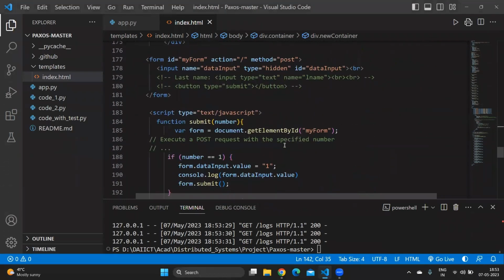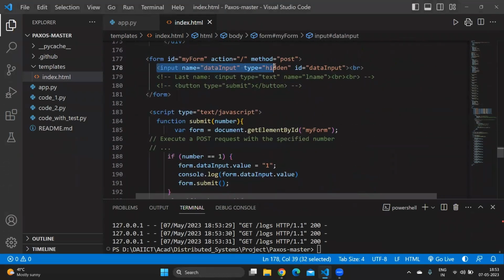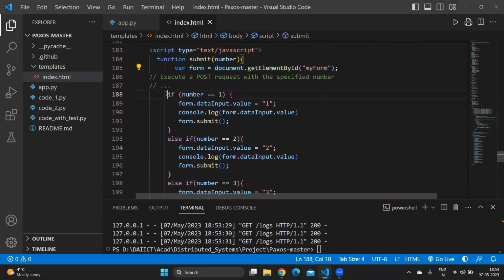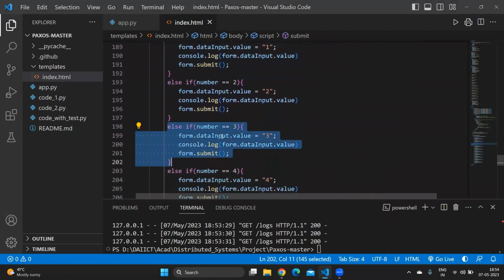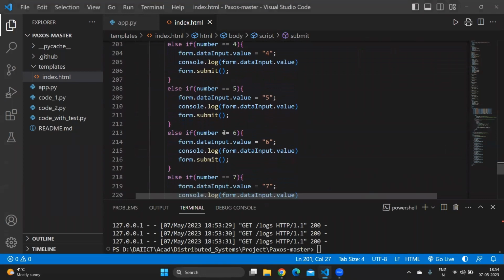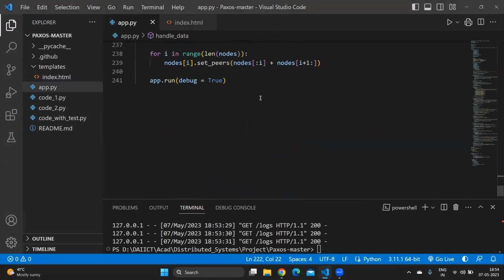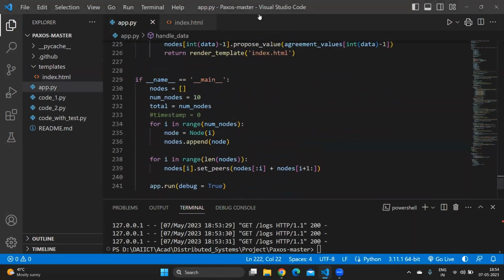This is exactly where the input is taken and then passed into the backend which we've made in Flask. So for each number that we press, certain functions are run and executed, and this is how the output is put into the front end that we've seen. Thank you.